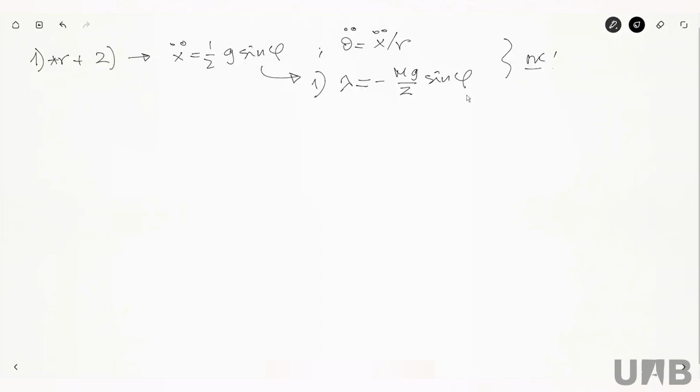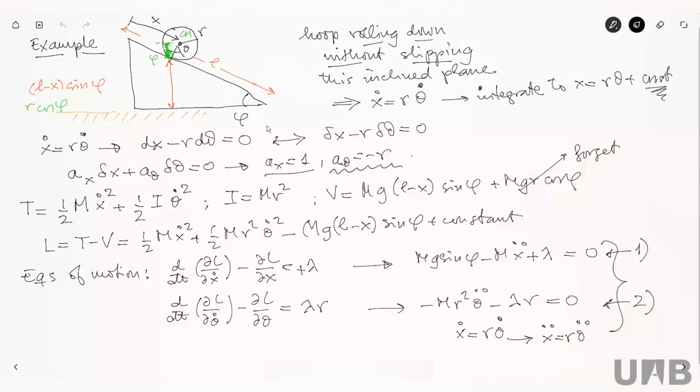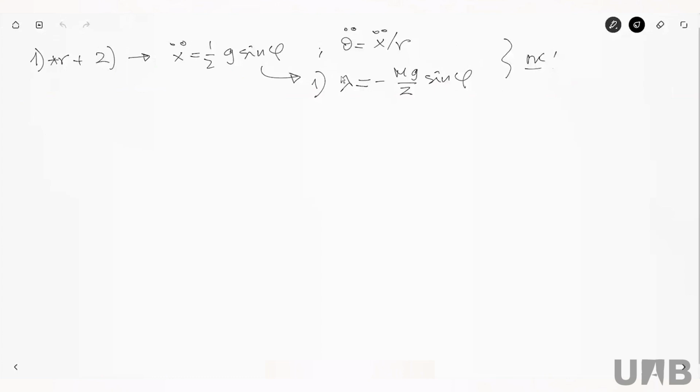But now let's see how this Lagrange multiplier is actually related to the force of constraints, the force which is responsible for the constraint. In other words, the force which is responsible for the fact that the hoop is rolling down without slipping. And what force could be this one? What is the force that is really forcing the hoop to roll down without slipping? The friction. Exactly, it can only be the friction. So that means that this guy, lambda, has to be related to the force of friction.